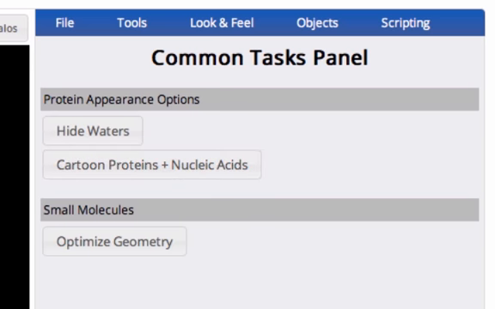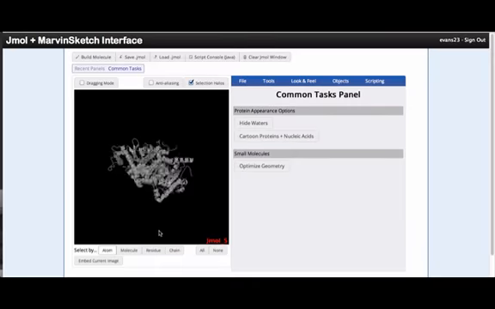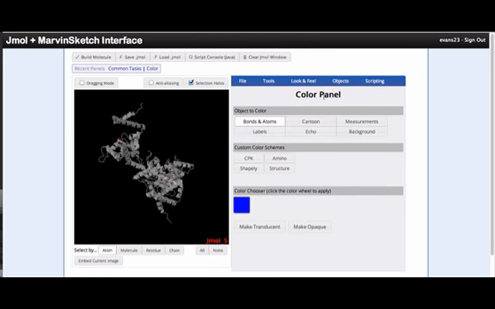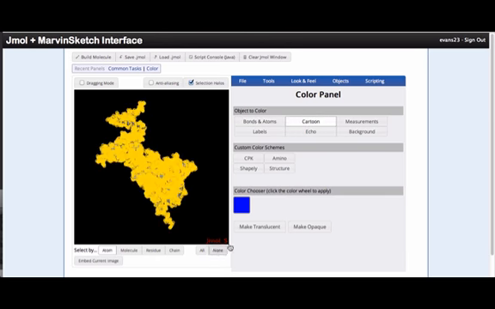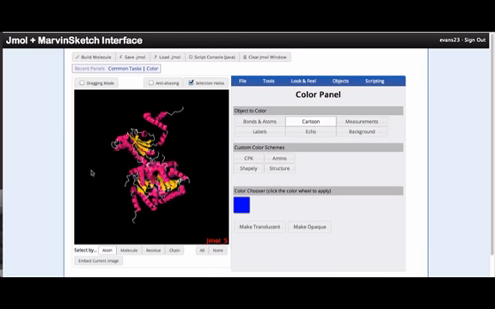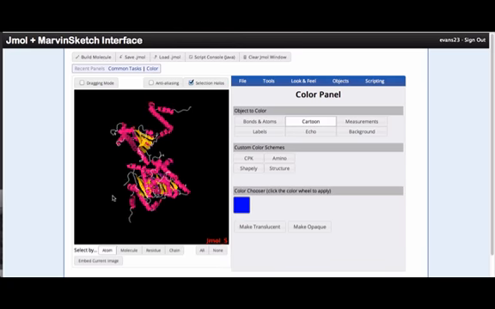And then you can cartoon the protein to show the secondary structure, even doing something like coloring the cartoon by the secondary structure as well. And so now we have the protein in a form that looks very similar to what we saw in the Protein Databank. Once you've styled the protein to your liking, the next step is to save this to the Jmol